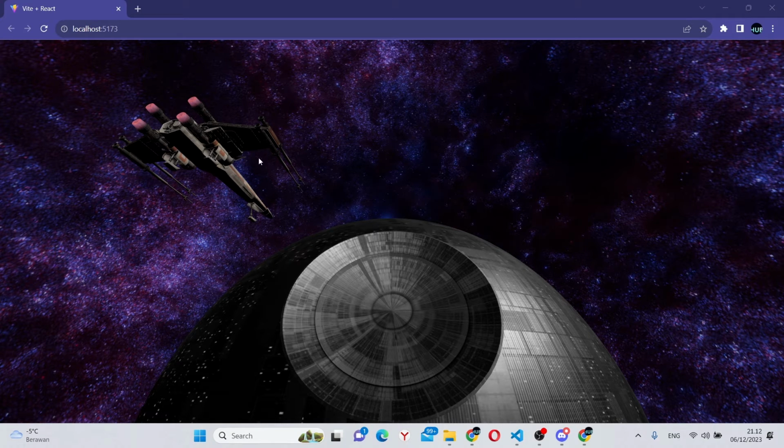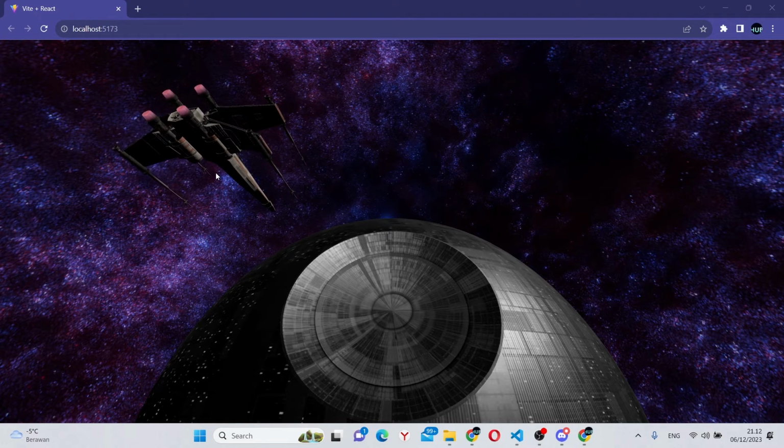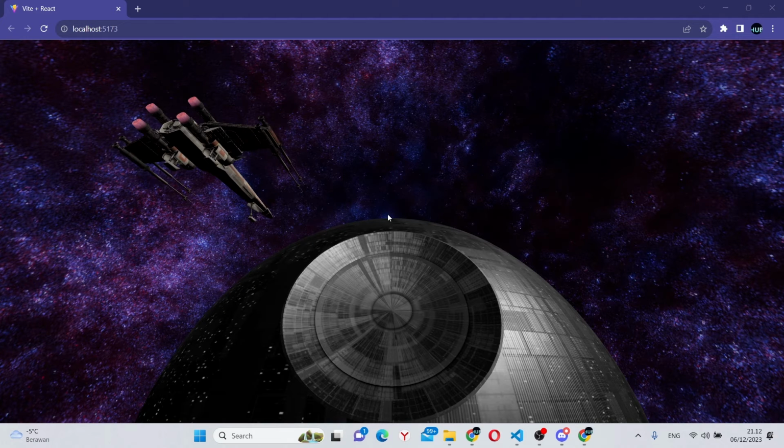So here we have our Xwing, and in a few seconds the animation should once again start. And yeah, here it is, the animation has begun. There's also animation on the cockpit, but we can't see it under this angle. And this animation will loop over and over again. Now, let's move on to the next part, and that is one of the most interesting parts, adding the camera